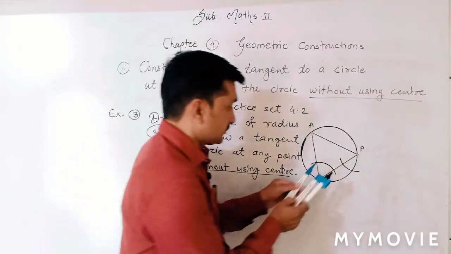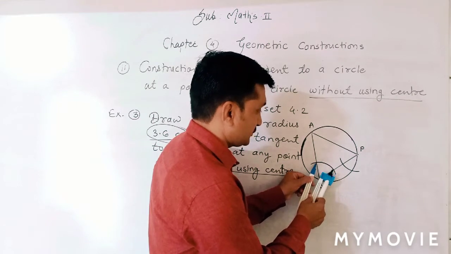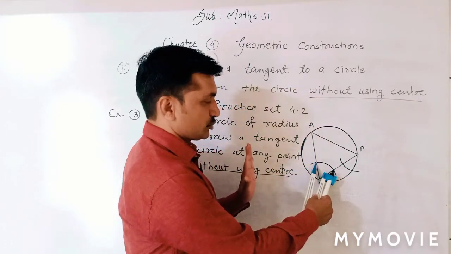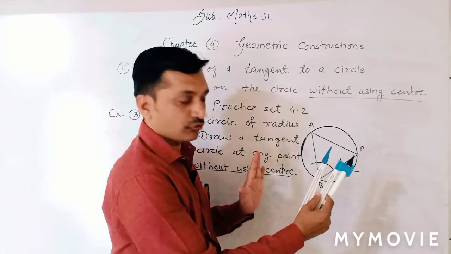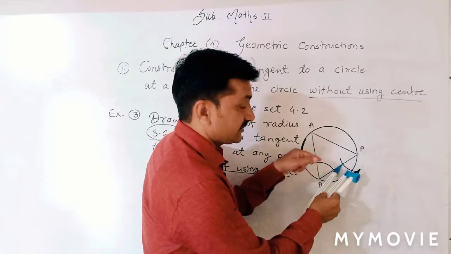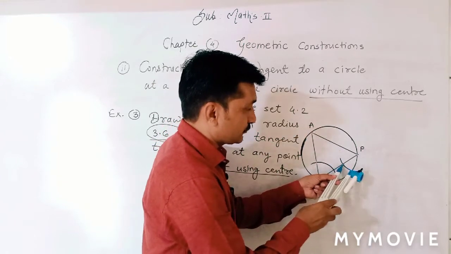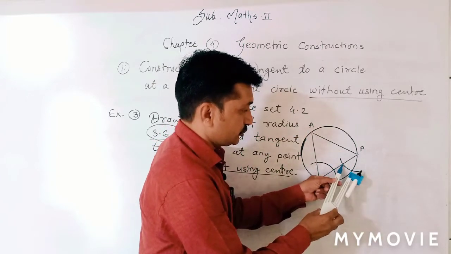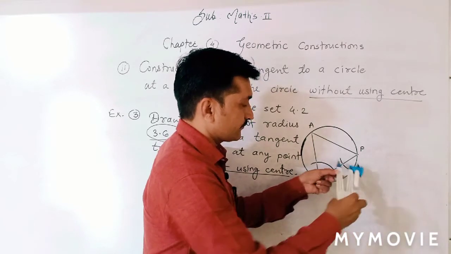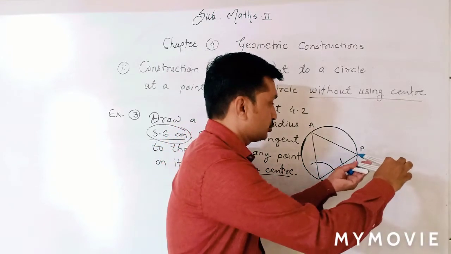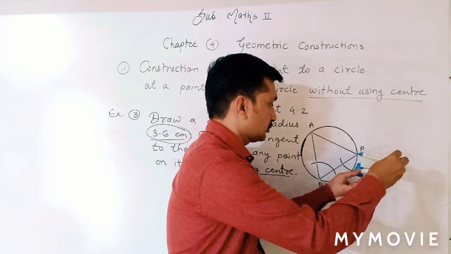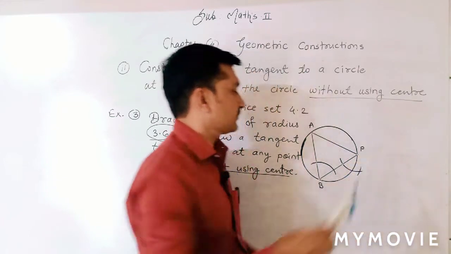Now change the distance to the distance between these two intersecting points. Remove from here, keep the pointed end at the arc intersecting the side at this intersecting point, not here, and intersect this arc. If it is not intersecting, extend it, or first take a larger distance in this way.